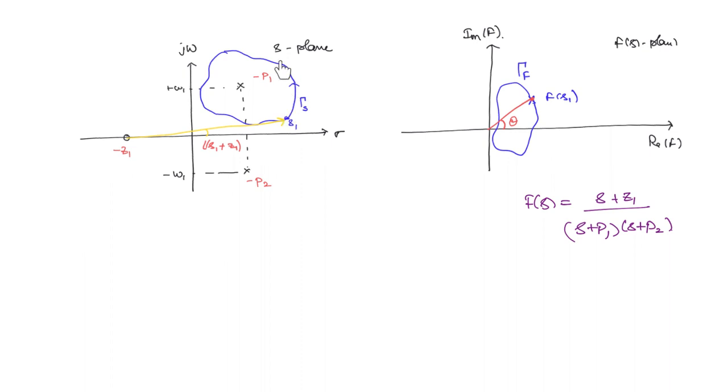We are going in this counterclockwise sense, so I am considering a point in that direction only. Okay, so let us say this is the next point. Then what will be the new vector? The s1 plus z1 vector will now be like this. In this manner, once again you take another point. Then what will happen to the vector? It will move like this. So in this manner, as the point s1 moves along this arbitrary path, we can draw the vectors for